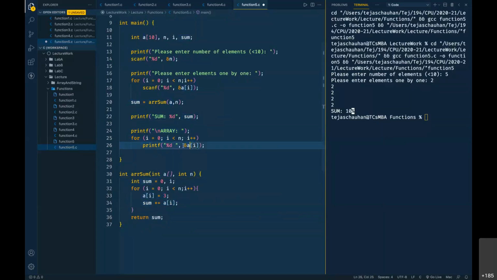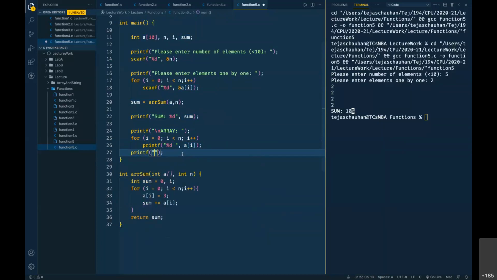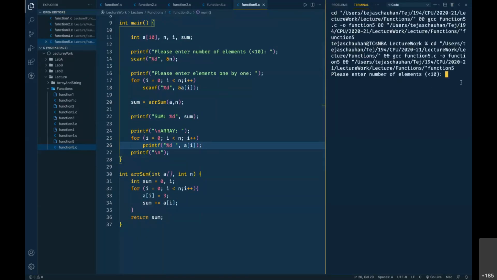And then I print my original array. But we want to see what happens when I print my original array at this place. Okay. Just to remove that percentage sign from the end, let me have one slash n at the end of the program. That's it. Okay. So let's run this code now. I'm going to say, okay, we need 5 elements. And I'm going to enter 1 in all the elements. 1 1 1 1 and 1. See what happens.